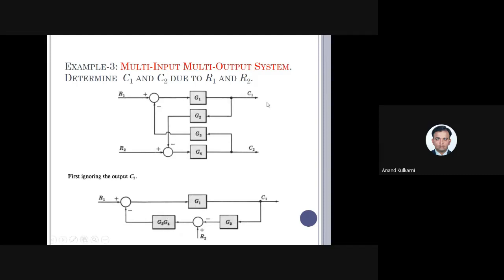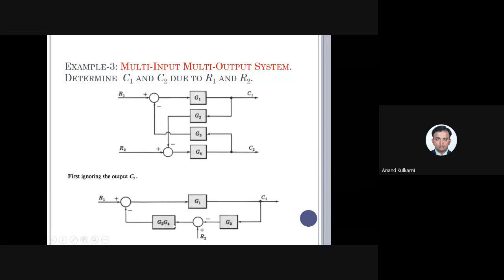In this condition, what you do is, we consider one output as 0. If I consider one output as 0, just observe here, C2 is 0. So this line gets nullified. So what it will be like R1, and there is one G1, this is G2. So what I'll do is, I'll just shift this point. Just shift this point here. As if you are taking this point and shifting it here, and you are taking this point below. Just here, this you are shifting, and slightly this, we get what?